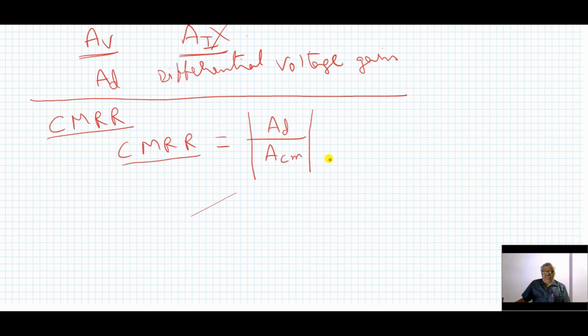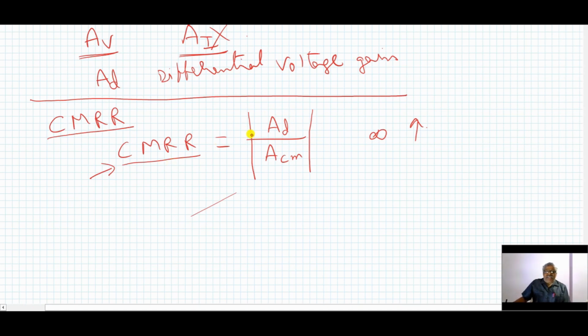So whatever the average value is there, common to both input signals should be cancelled out. How much that differential amplifier is able to eliminate the common mode value is expressed by this value of CMRR. Ideally, its value should be very, very large. Ideally infinite. Practically, its value should be very large. How can we get an expression for this CMRR? Let us discuss that, because it is very simple.